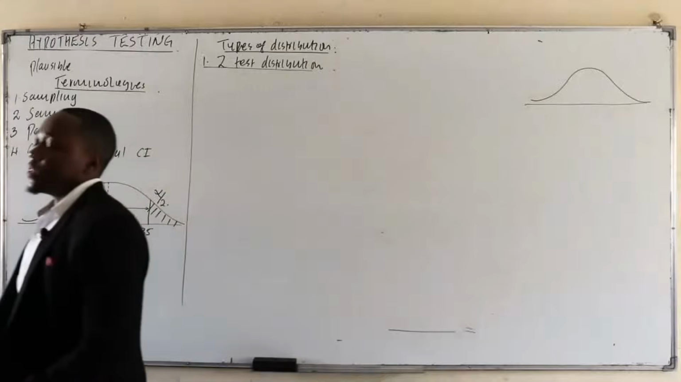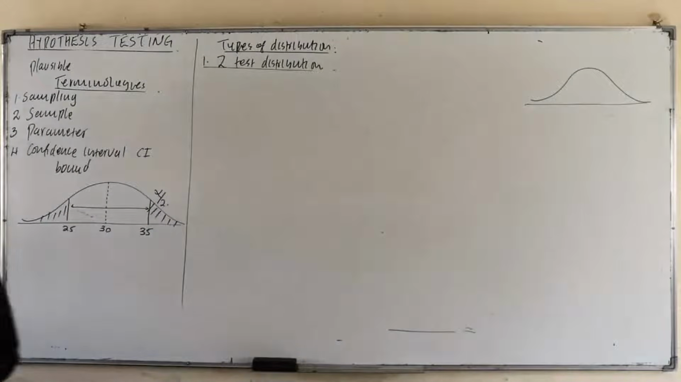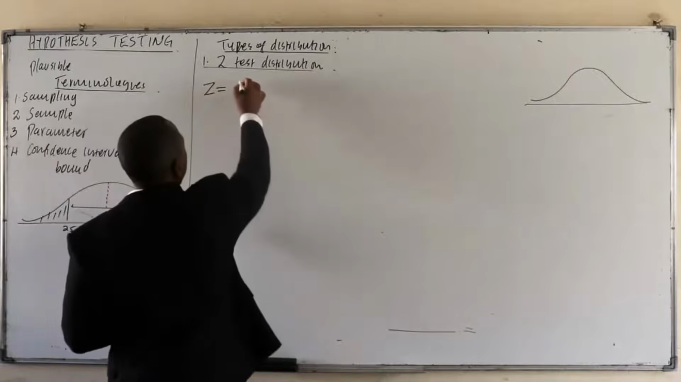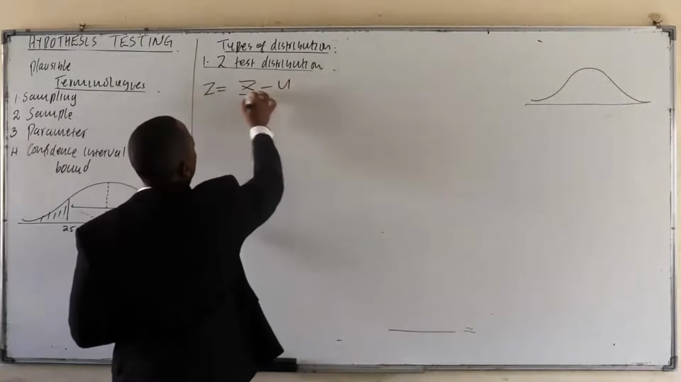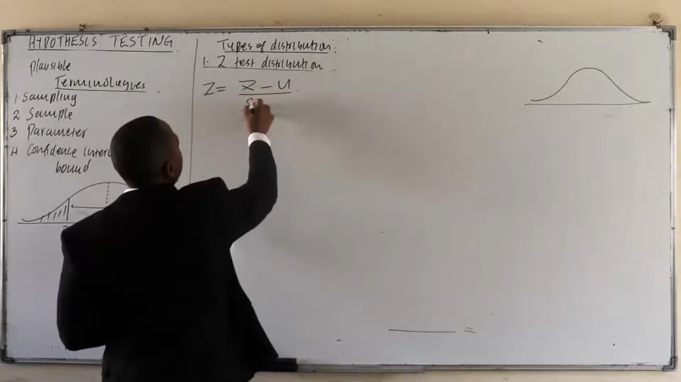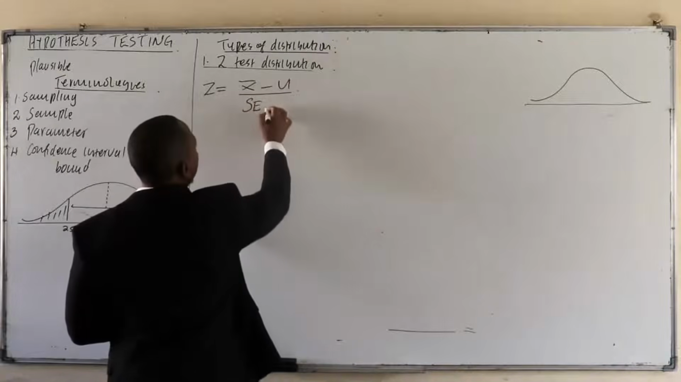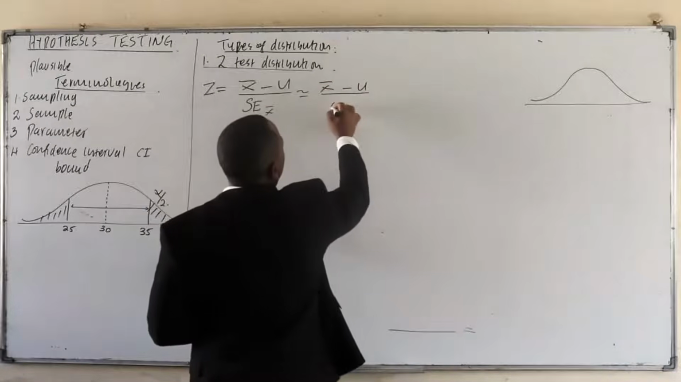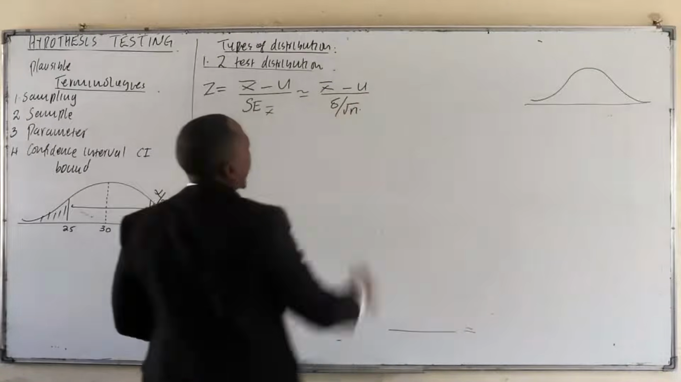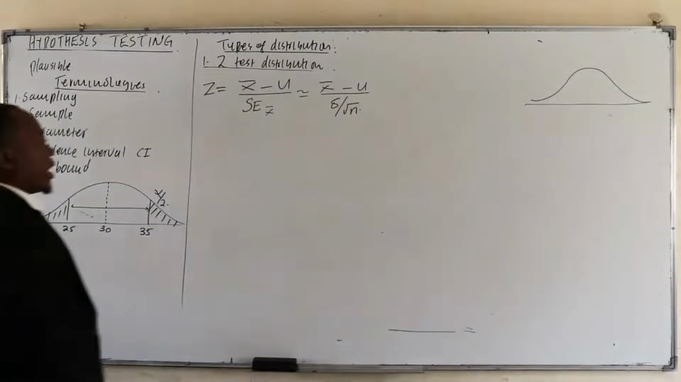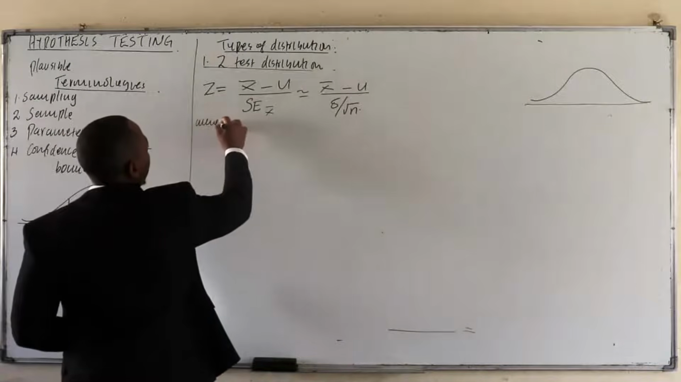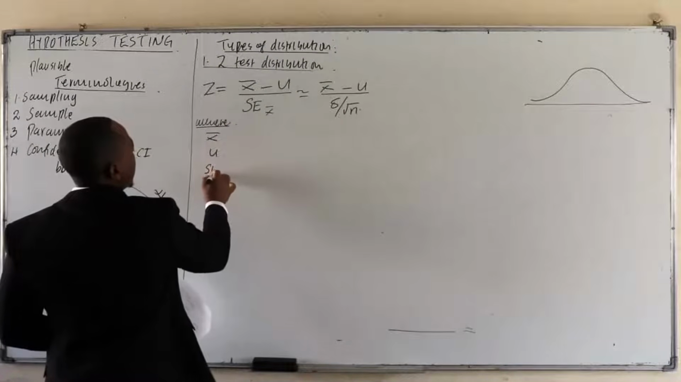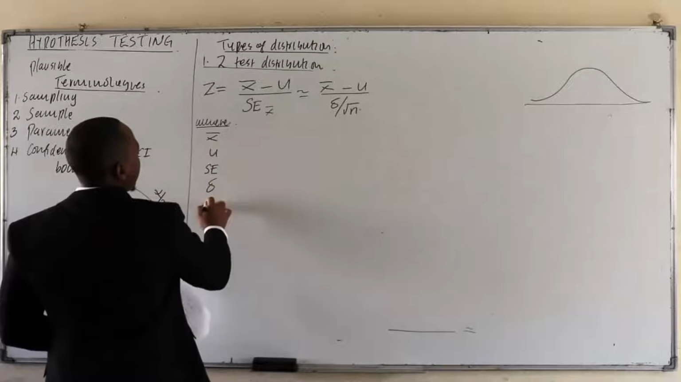It's evaluated as follows. To get Z, you take X bar minus mu, divided by the standard error of the mean, which is equivalent to X bar minus mu over standard deviation over square root of N, where